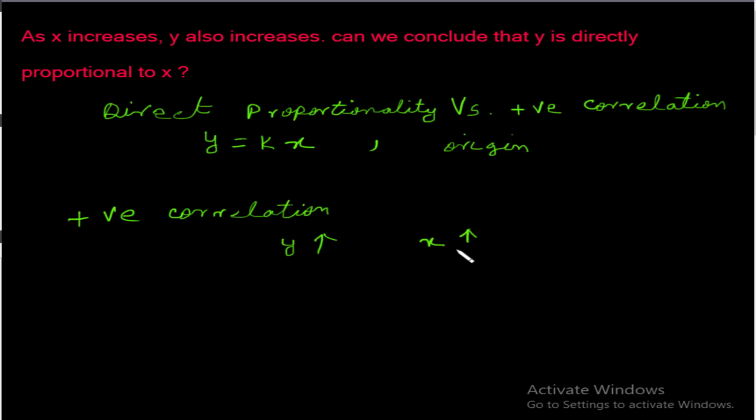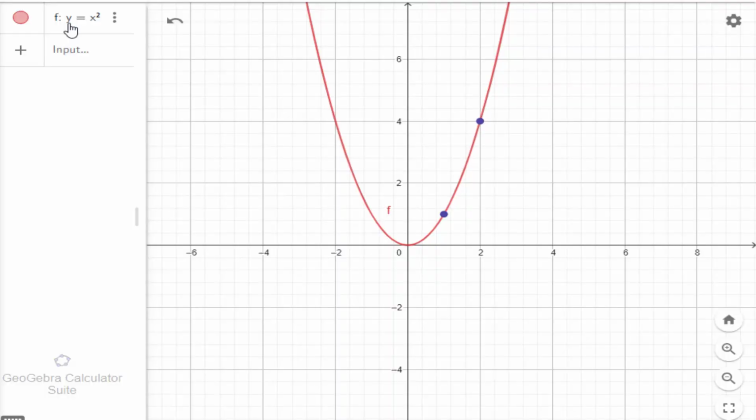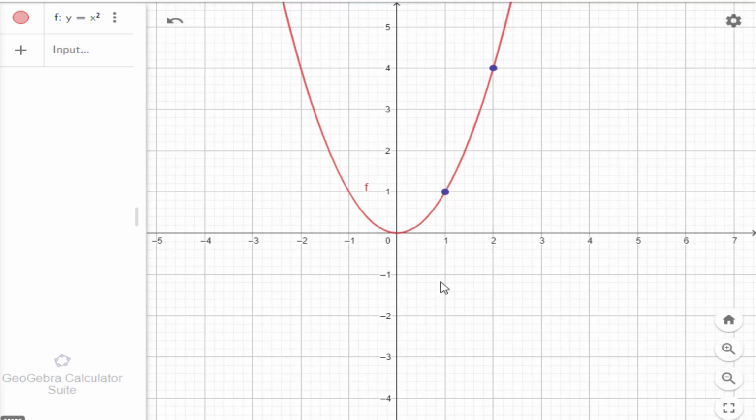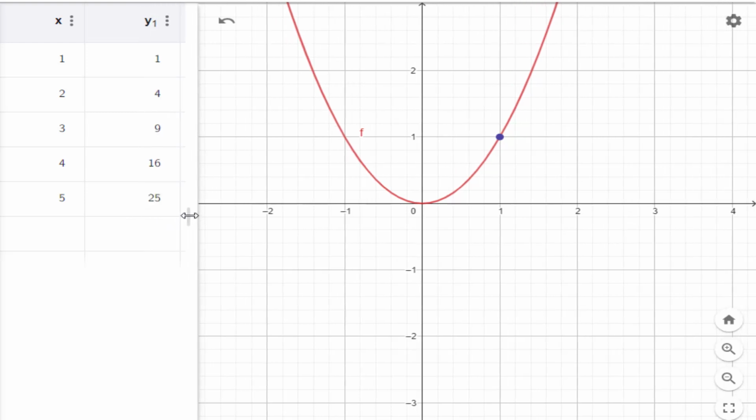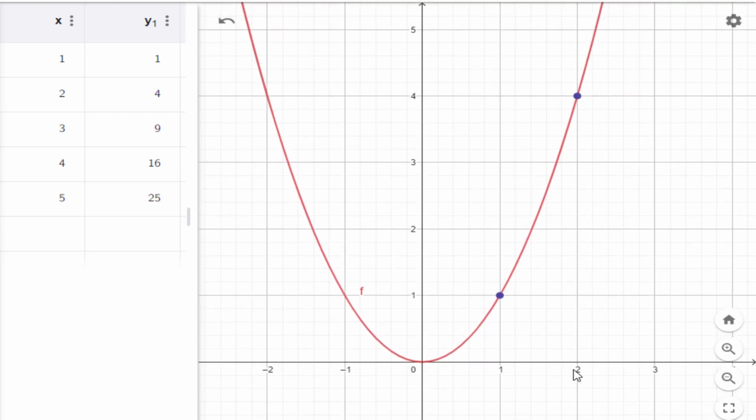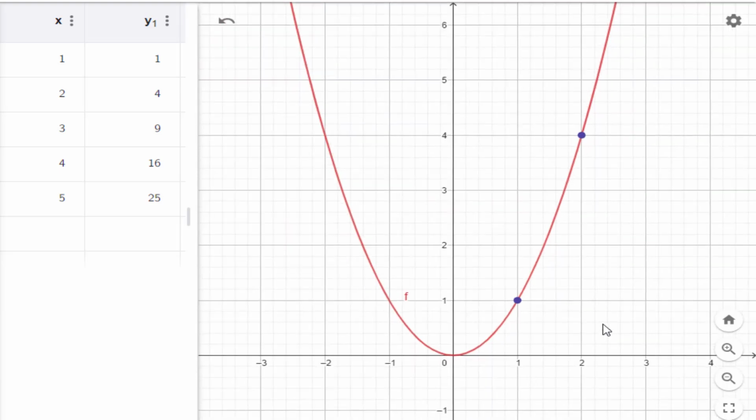y could increase with x in a non-linear manner, such as y is equal to x square. Let's see its graph using GeoGebra and discuss it there. This is the function y is equal to x square, and you see that as x increases, y increases. For x is equal to 1, y is equal to 1. And for x is equal to 2, y is equal to 4, and similarly for x is